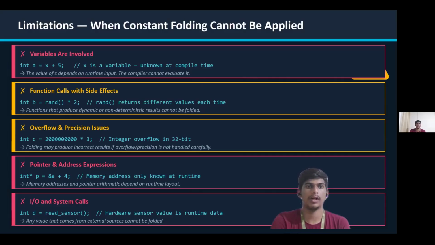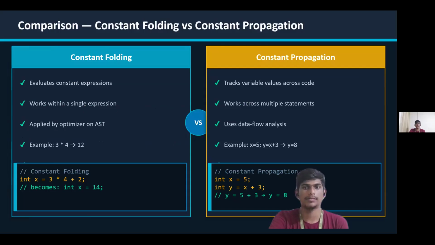Yeah, when variables are involved, anything that is required at runtime, in those cases constant folding cannot be applied. And here we have demonstrated a differentiation between constant folding and constant propagation. Constant folding evaluates constant expressions, whereas constant propagation tracks variable values across the code. So here we can